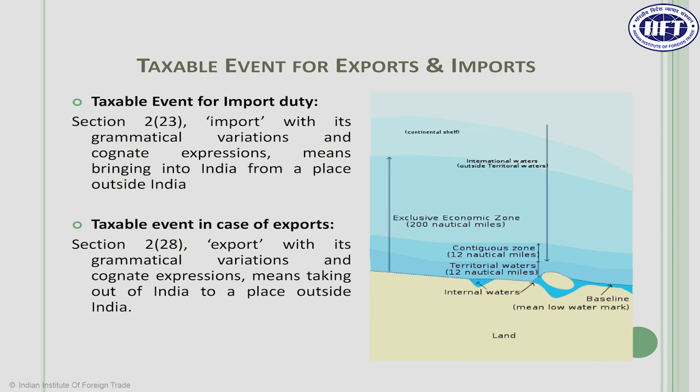In a similar fashion, Section 2 subsection 28 of the Customs Act 1962 defines export, wherein anything which is going out of India means goods leaving the territorial boundary or customs water of India. Subsequently, we can also see another diagram which defines how the UN clause defines the territorial or maritime water